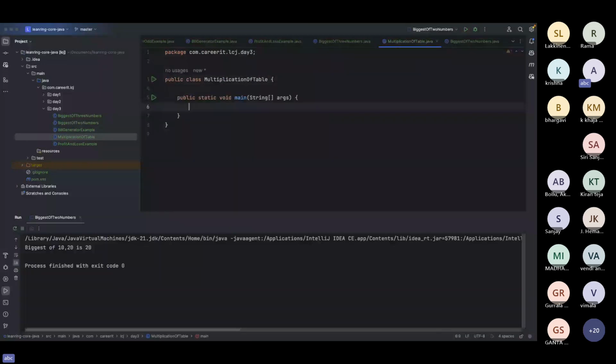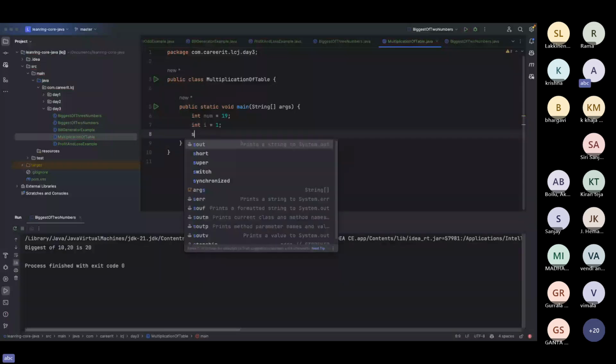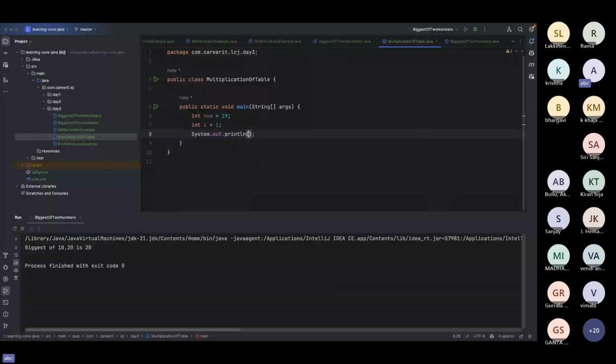Suppose I want to print an int number equal to 19, the 19th table I'm taking here. I need to print the multiplication of the table. What is the multiplication of the table? int i equal to 1. Now I'm doing sysout of number plus star plus i, number into i. If I print this statement,